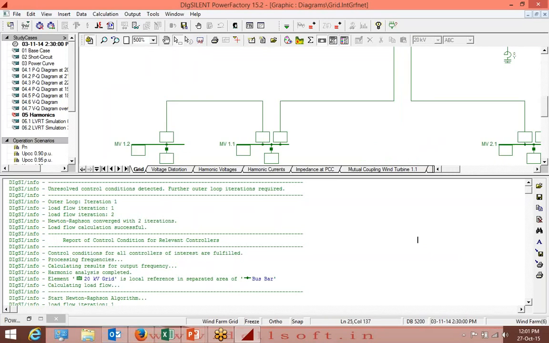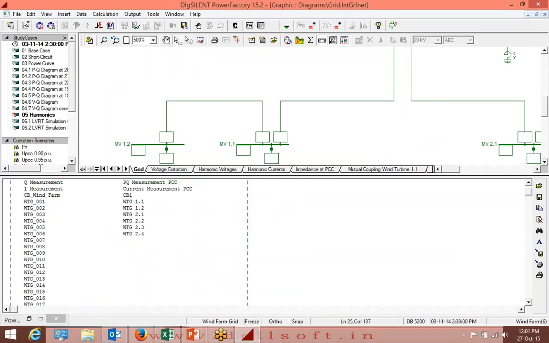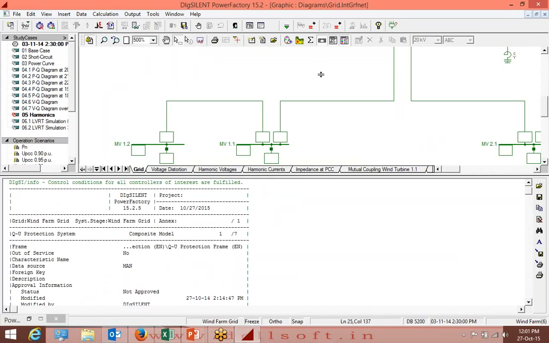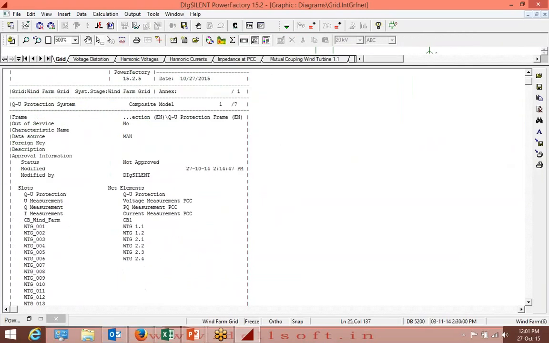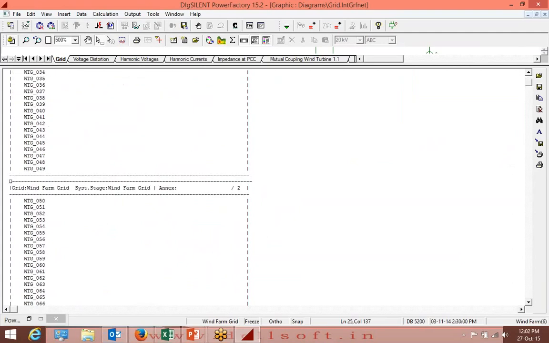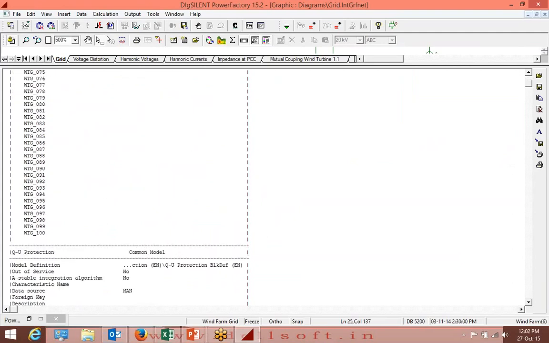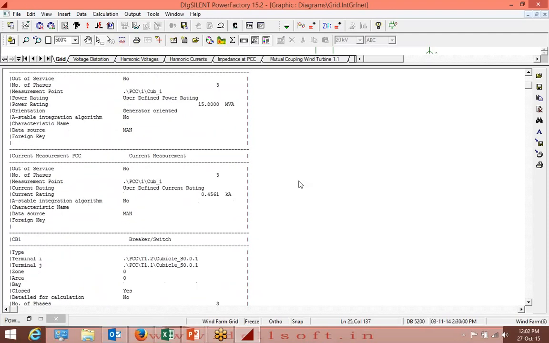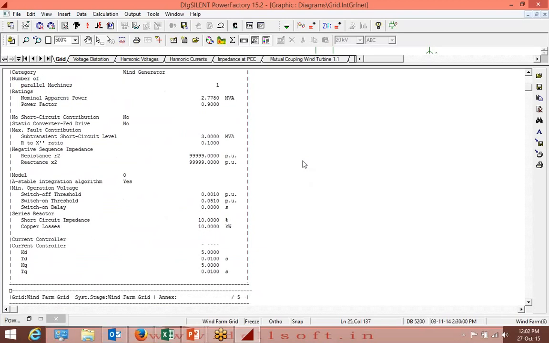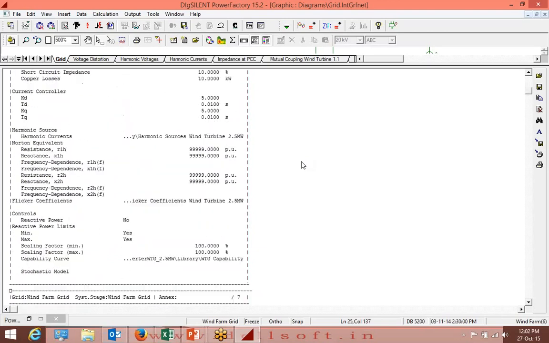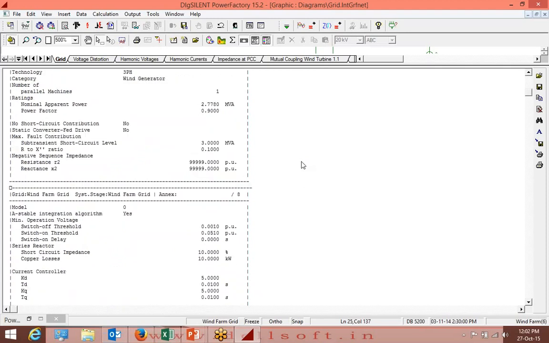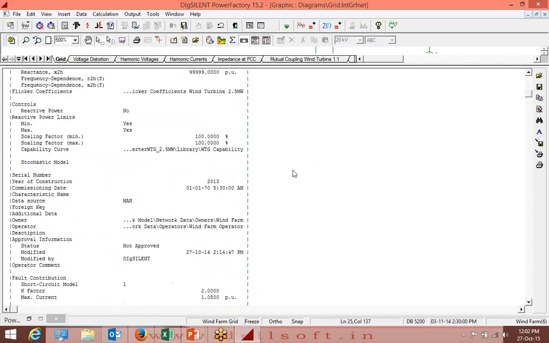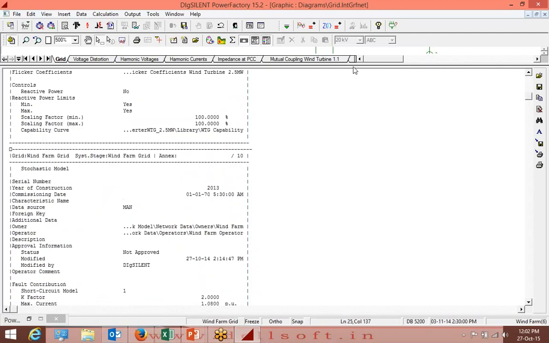So the report is generating. The system is generating all the reports based on all the voltages and all the currents through the different bus bars, through the different connecting points, junctions. So all the loading parameters we can get here while analyzing and after finishing the load flow analysis. So this is a load flow analysis of all the system, all the appliances and all the lines and all the bus bars and all the equipment which we have used in designing a network.